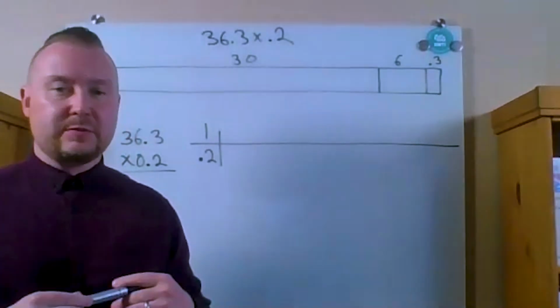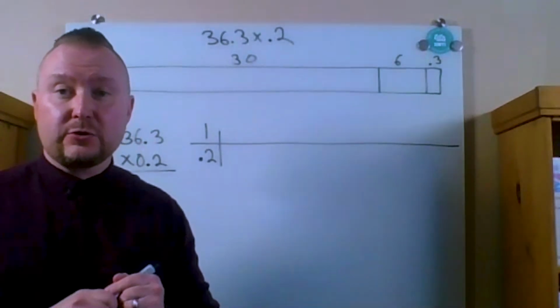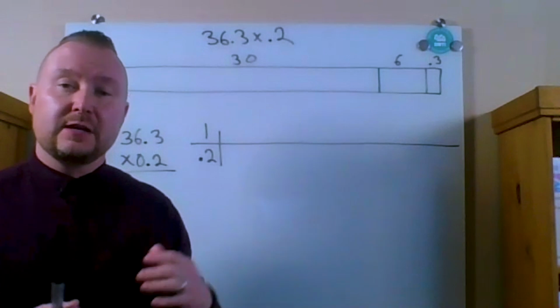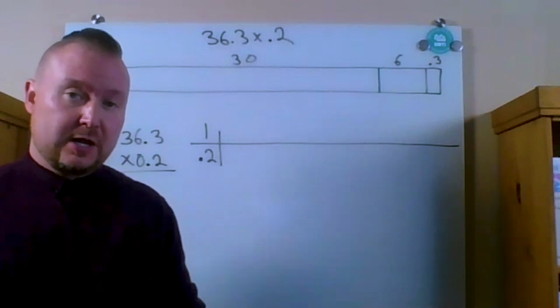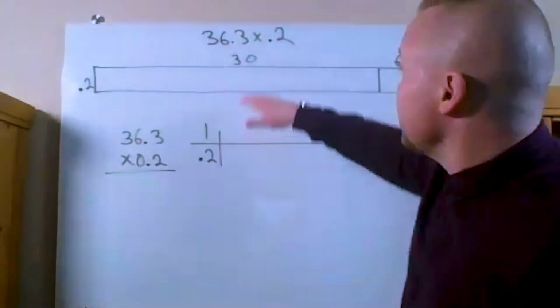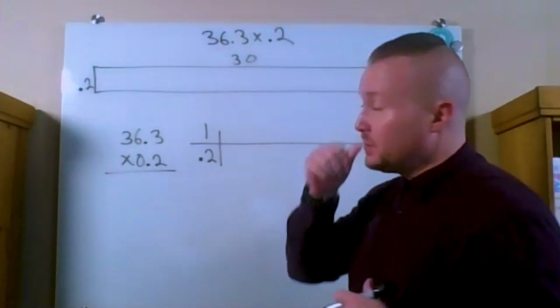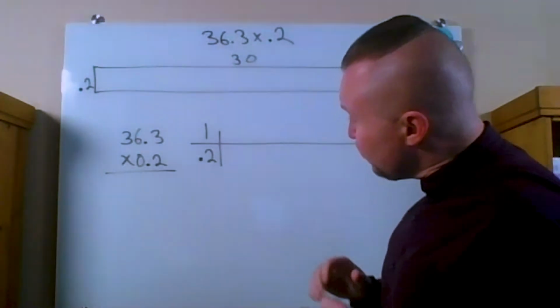Everyone, Sam from Developing Mathematical Thinking, and in this video today we're going to look at multiplying with decimals. And so the problem we're going to work on is 36 3/10 multiplied by 2/10. And we're going to look at